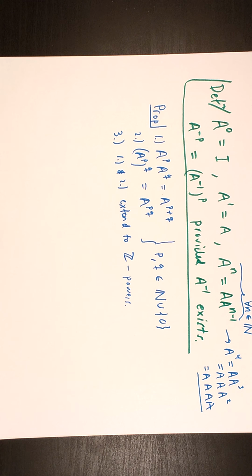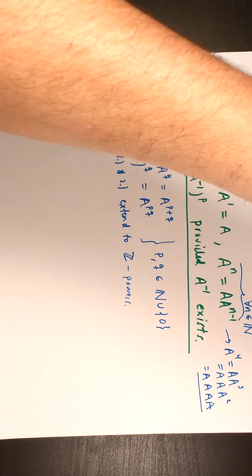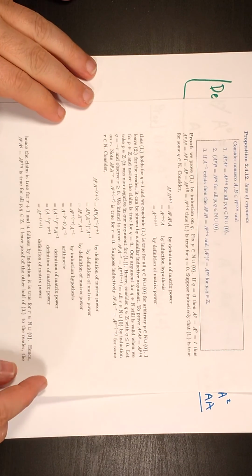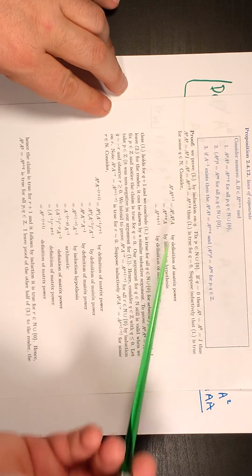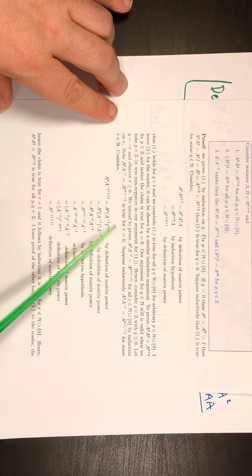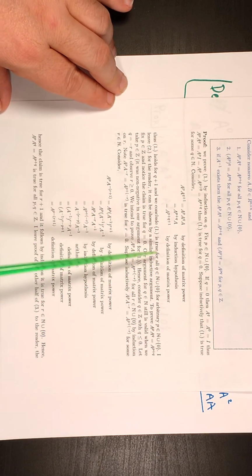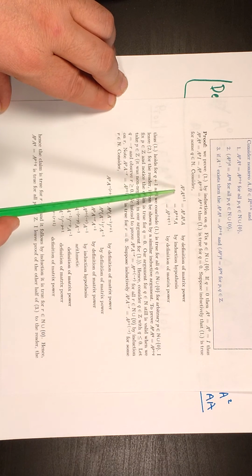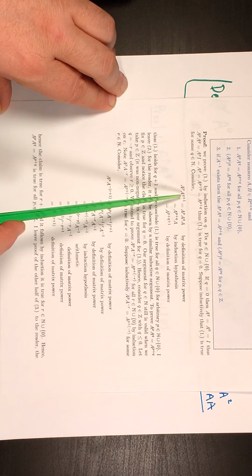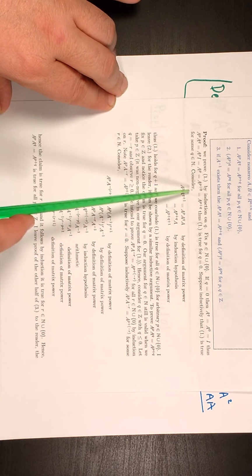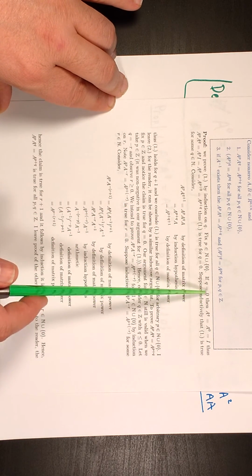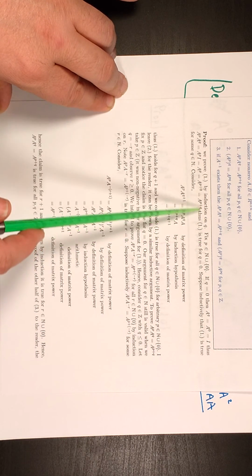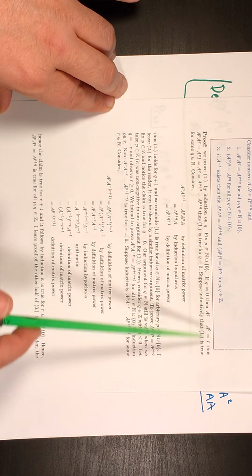Now, I give a proof in the notes for I think 1, and it's a little bit involved. I don't want to write it again. Let me just use my notes here for a second. Basically, I start out by proving inductively that if we look at A to the p times A to the q, we get, well, here's the proof. So first of all, if you look at 1, it's true for q equal to 0. I fix p. So it's true for q equal to 0,